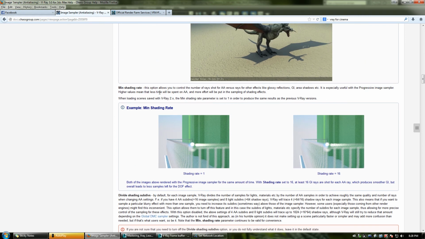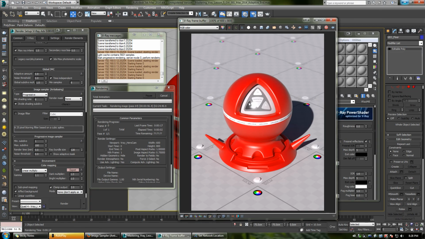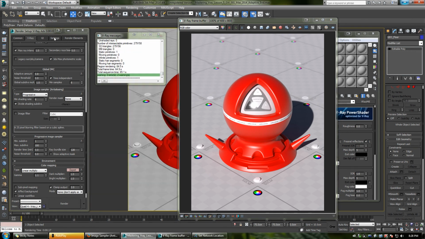This option allows you to control the number of rays shot for anti-aliasing versus rays for other effects like glossy reflections, GI, area shadows, etc. It is especially useful with the progressive image sampler. So higher values mean less time will be spent on the AA and more effort will be put into the shading effects. What it doesn't say is if that overrides the settings in the scene itself, because I've done tests